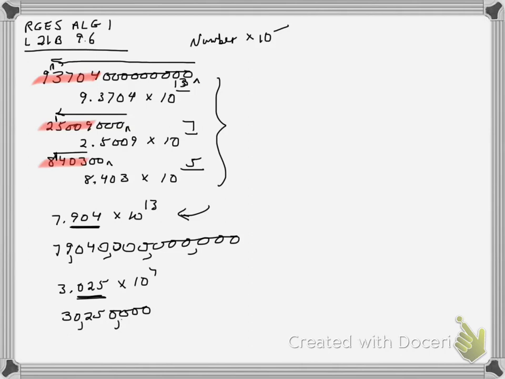did I place them right? Yeah. So 100,000, million, 30,250,000. Okay. Now, to do very small numbers, we're going to do it the very same way, except now our